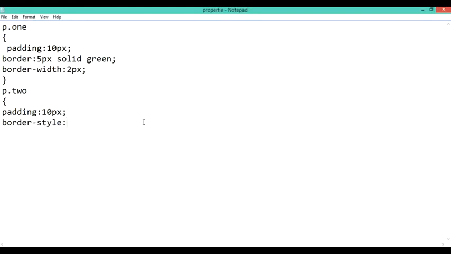border style. So basically the border style is used to provide the type of style that I want to give to the border. As in the earlier case, I had given a border style that was solid, because when I wrote the border, I had written solid. So that means I have used the border style to be solid. After that, I have given the width, similar to the case that we have used earlier.